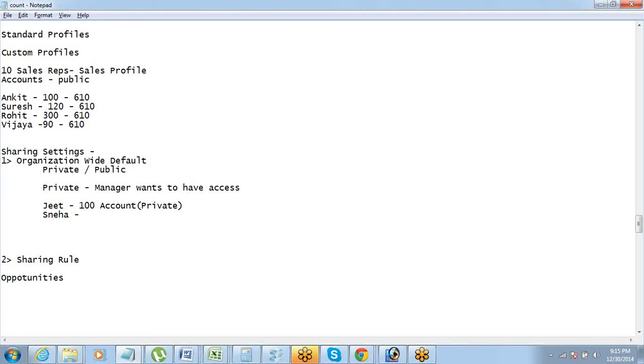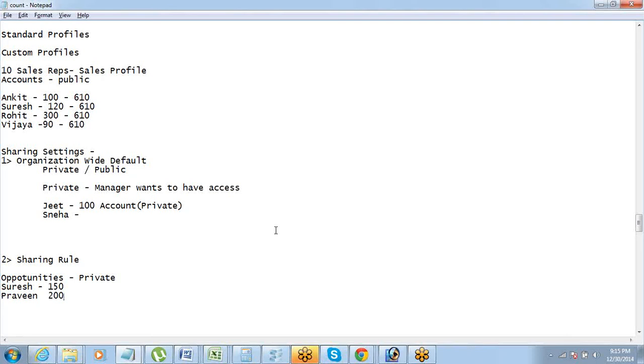Now I have one more requirement. Opportunities are private, which means everyone gets to see their own opportunity. Now Suresh and Praveen, both of them work in the same team. Suresh has a few opportunities. Let's say he has 150 opportunities and Praveen has some 200 opportunities, and data is private, so Praveen does not have access to Suresh's accounts and all, and none of them is a manager of the other, so they are just at the same level, completely independent. Okay, so no managerial connection here.